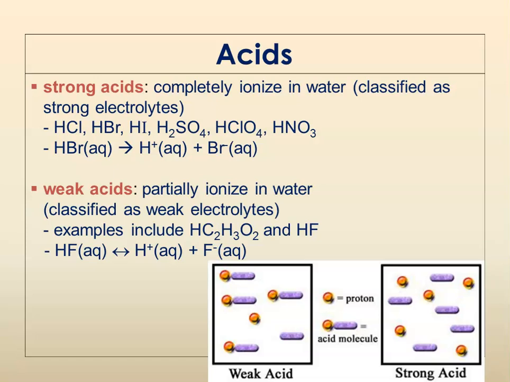Acids can act as strong acids or weak acids. If they're strong acids, as we've seen before, they completely ionize. You already know that list. We've talked about them, and they go completely from being an aqueous solution to being ionized. While weak acids only partially ionize, and so they have that double arrow happening, because sometimes they separate, but more often than not, they stay intact. And it just really depends on their relative strength as to what percentage of their molecules are able to dissociate